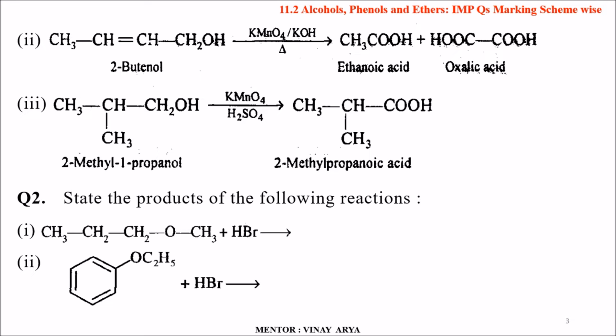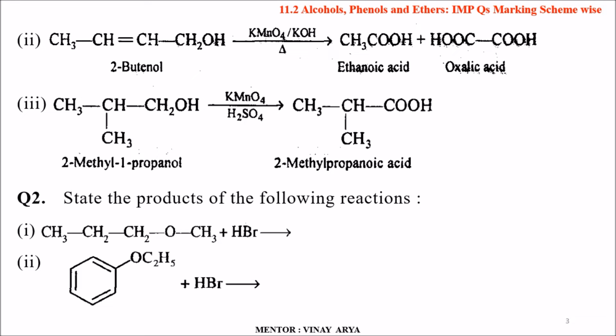When subjected to KMnO4 in presence of KOH and heated, it gives ethanoic acid CH3COOH and oxalic acid (COOH)2. Third is (CH3)2CHCH2OH, 2-methyl-1-propanol, treated with KMnO4 in presence of H2SO4, gives